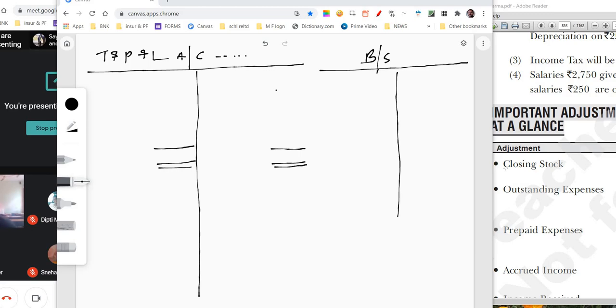So what is closing stock? Everybody knows. We will simply see the accounting treatment, where it is coming. Remember one thing: when there is an adjustment given in the question, it will have two effects. It will appear in two places simultaneously, one time in trading and profit and loss account and next time in balance sheet. Please don't forget that. This is the most important point you have to remember always. You can write it down in your copy and highlight it. Every adjustment will appear twice in two places.